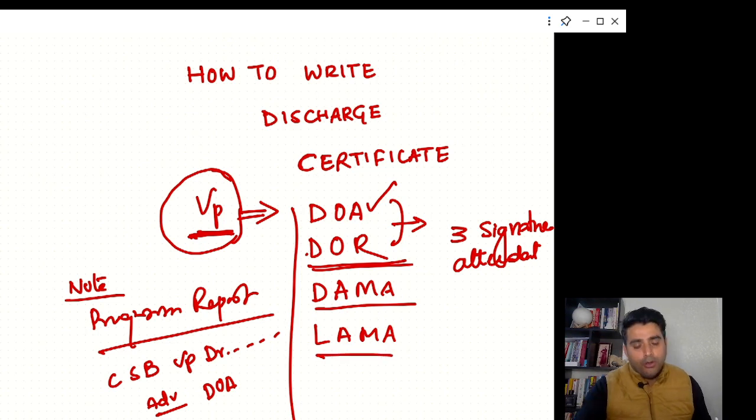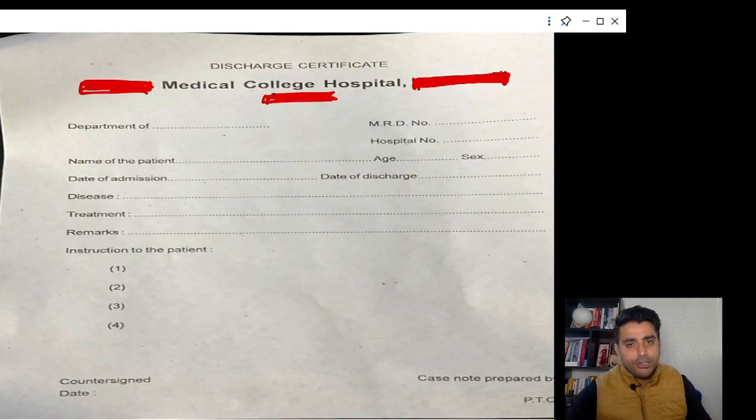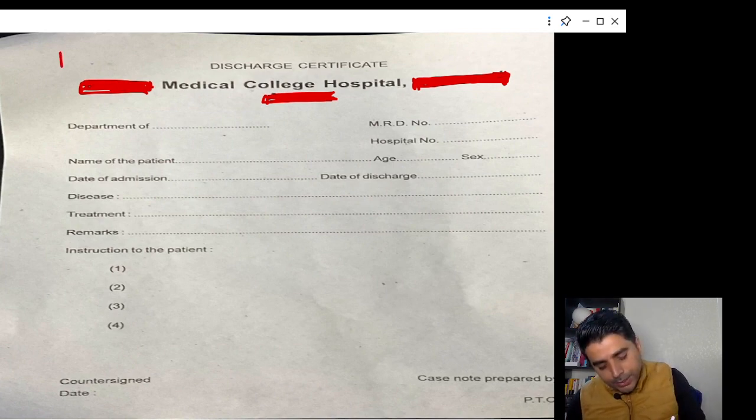Now discharge on advice and discharge on request are almost the same, but in discharge on request you need to slightly modify one or two places, and you need to take 3 signatures of the attendant. Remember, 3 signatures of the attendant, कहाँ लेंगे ये हम बताएंगे। ठीक है, this is the discharge certificate. अगर आप डिस्चार्ज ऑन रिक्वेस्ट ले रहे हैं तो यहाँ पे आपको लिखना होगा